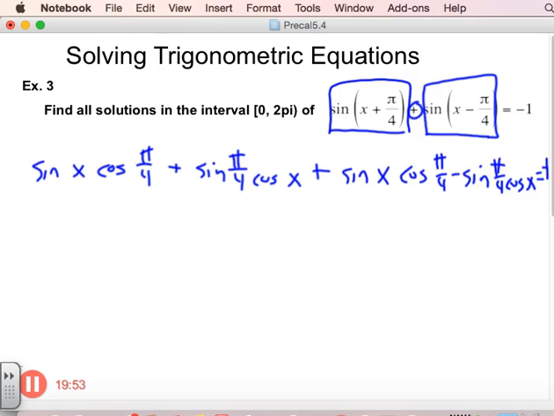negative 1. Running out of room here. A lot to write on this one. All right, so